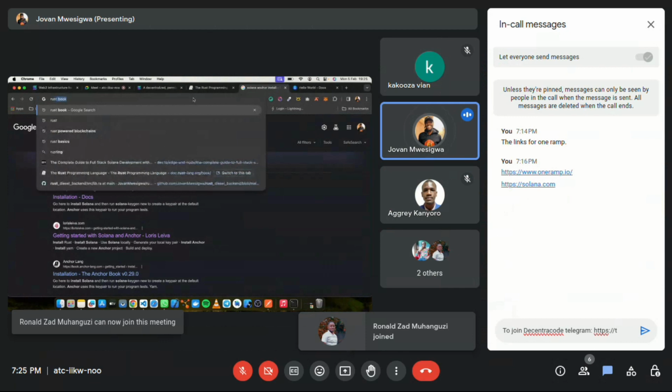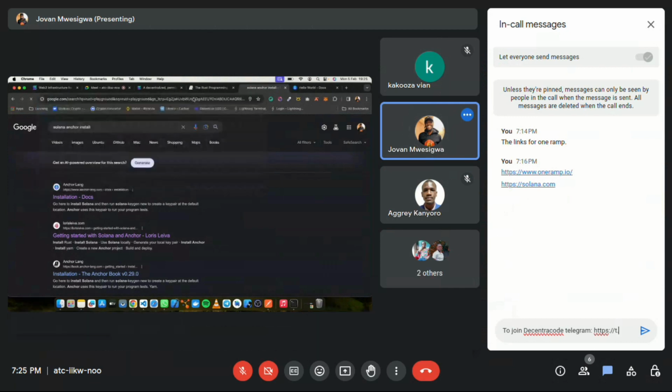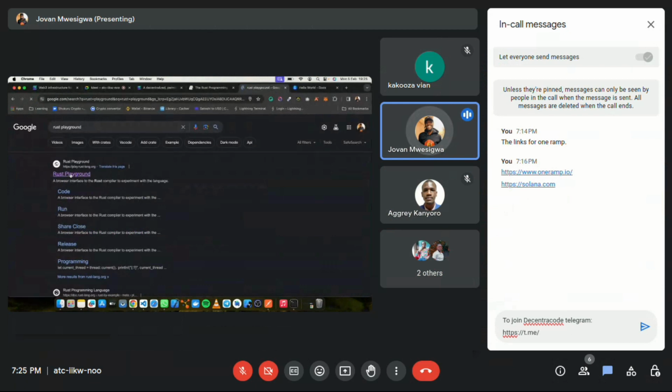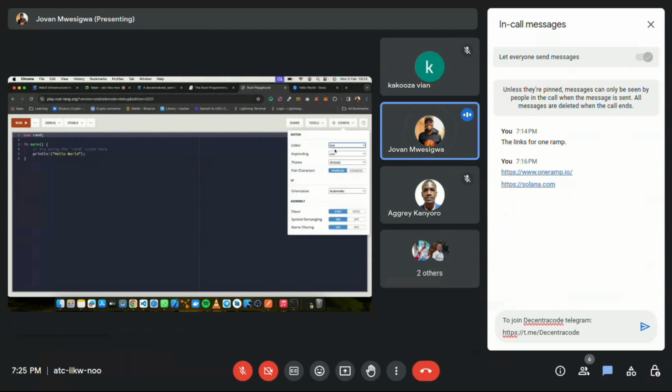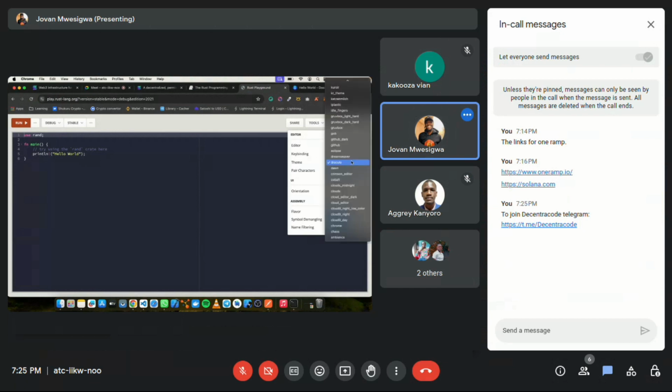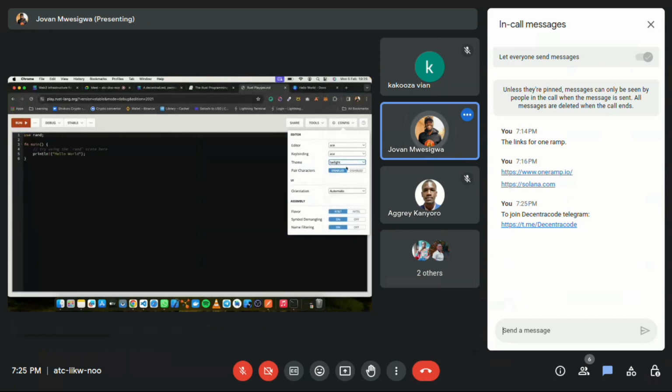Let me try to change this to light. Twilight is the way. So if I zoom in there, you go to play.rust-lang.org, and it will show you this Rust playground